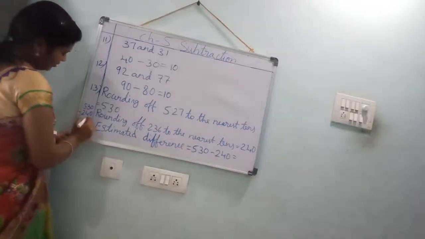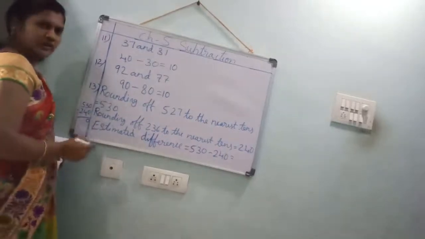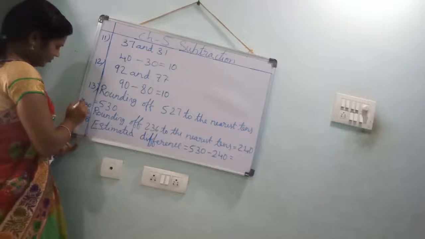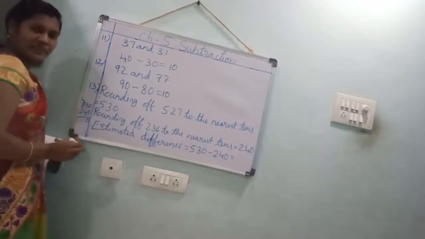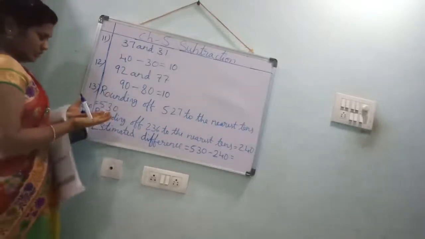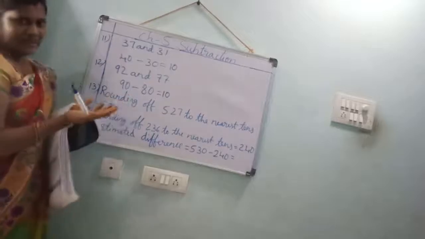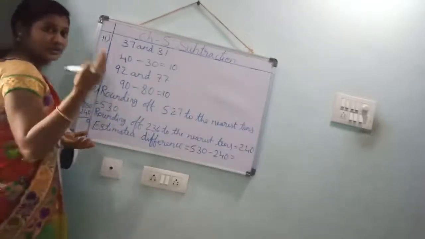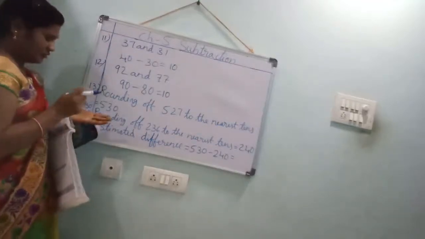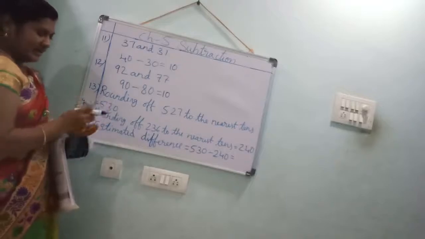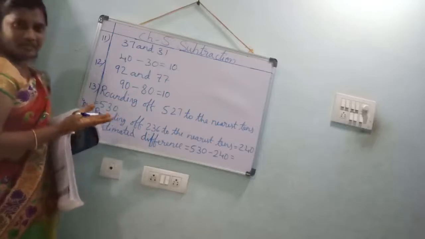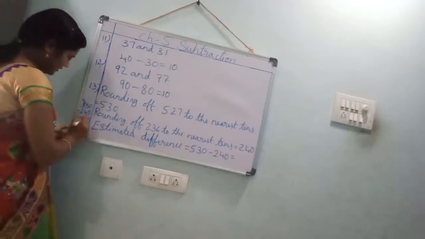See here. 0 minus 0, 0. In the 3, 4 will go? No. What you have to do? You should take borrow. 1 borrow you should take. How many? 13. Here 4. Yes. 13 minus 4. 13 minus 4 means what you have to do? See, you should open 13 fingers. You have 13 fingers? No. That's it. What you have to do? You should add 4 after 13. How much will come? See, 4 after 5, 6, 7, 8, 9, 10, 11, 12, 13. How many fingers came? 9 fingers came. That 9 you should write here.